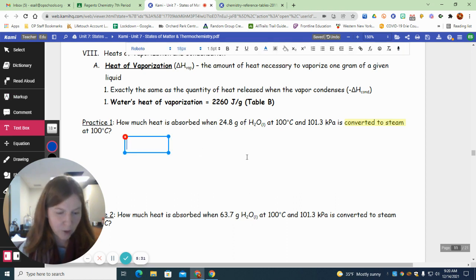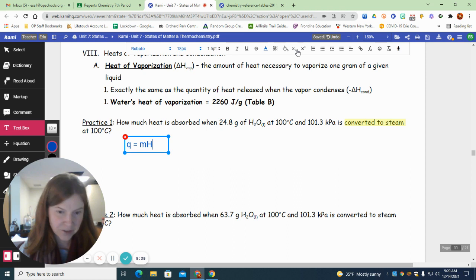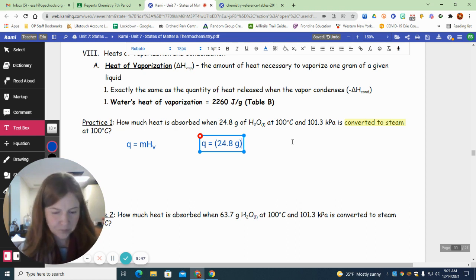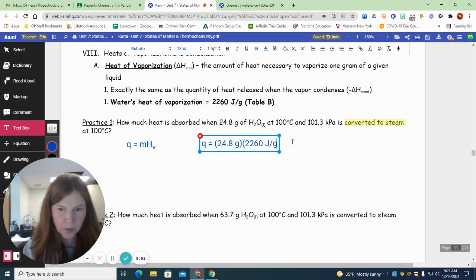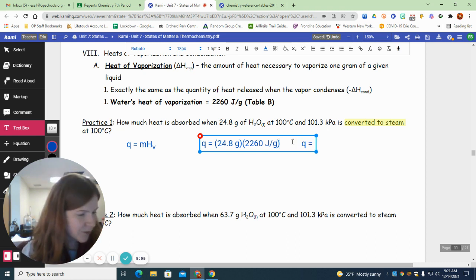So I'm going to start with my formula. Q equals mass times H sub V. I'm solving for Q. My mass is 24.8 grams. H sub V is a constant, 2,260 joules per gram. So do the math on this, multiply those together, round to 3 sig figs. I get an answer of